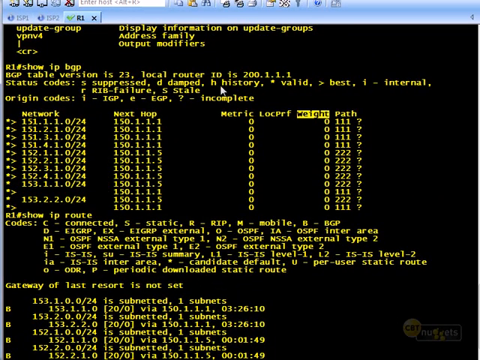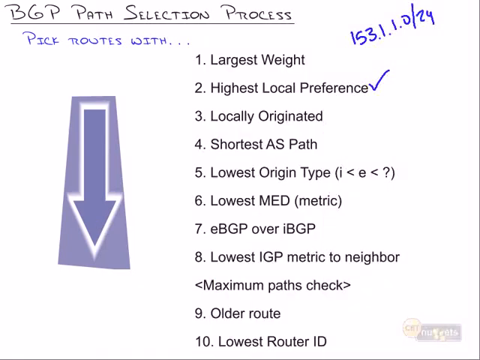Again, coming back to this table, look over there to the left. There's a column, local preference. It's all blank, blank, blank, blank, blank, blank. It's not 0 because there's actually a different default. I'm going to tell you that in a little while. But it's going to go through. So what it's going to do is go through this list and pick based on whichever one breaks the tie